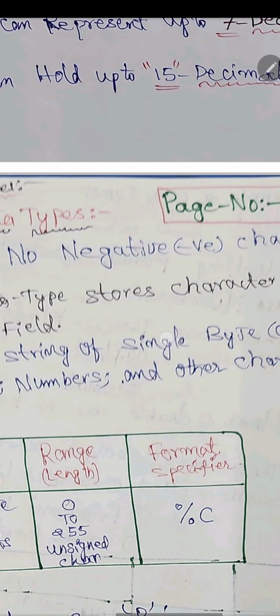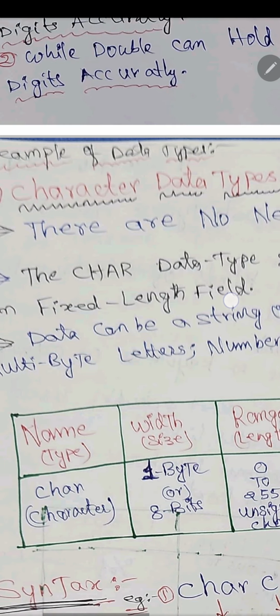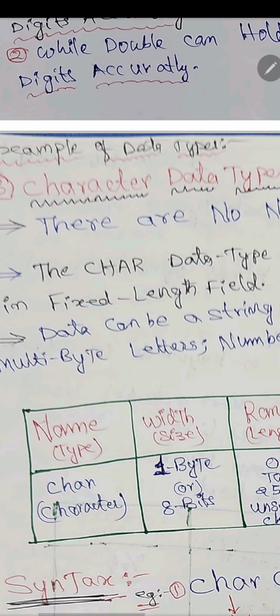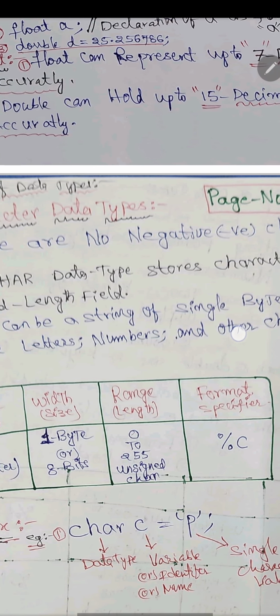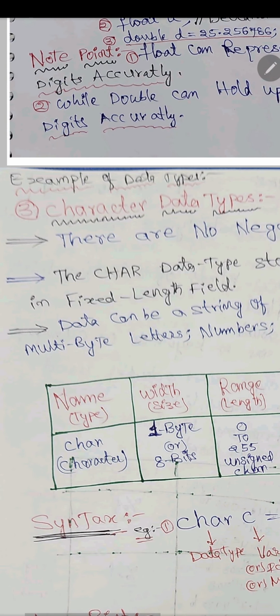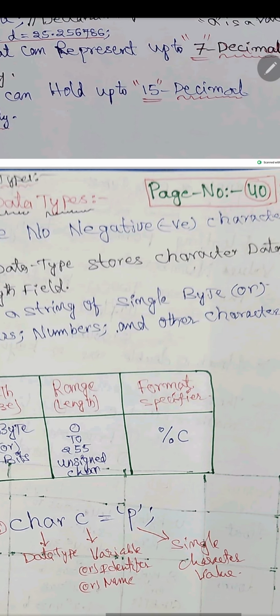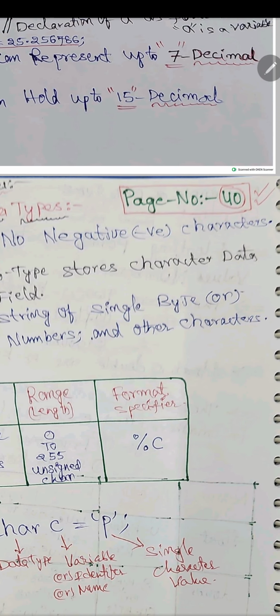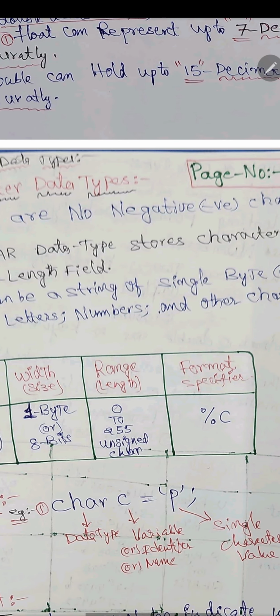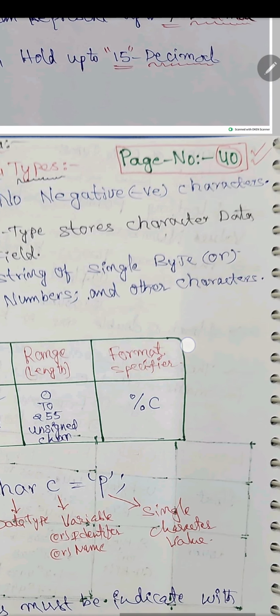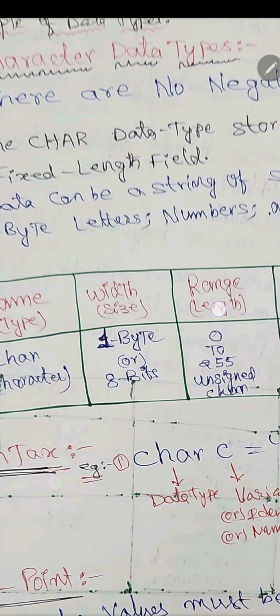These have no negative characters. The character data type stores char data in fixed length. Data can be strings of single byte or multiple bytes, letters, numbers, and other characters. The table is